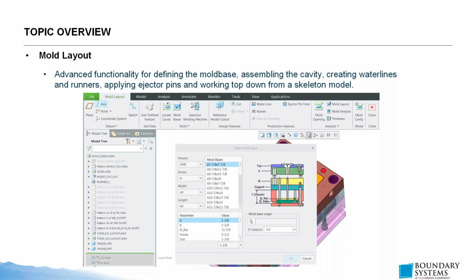So the mold layout really becomes an ideal environment for setting up and managing some of these key component parts that go into a typical plastic injection mold design, and many other mold design theories, not all of it being explicitly plastic injection, obviously. But the moral of the story is that mold layout is optimized and set up for those things. You have dialog boxes for assembling standard mold bases, as you see exampled here on our screen, and other functionality at this level for things like water lines and runners, as we discussed. And the big thing at the end of the day is the ability to utilize the skeleton model